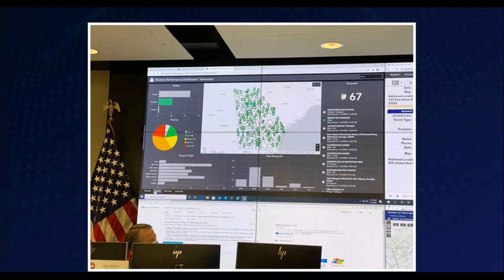So the state of Georgia utilized field GIS apps such as Survey 123 and Workforce to enable poll workers across the state to update the Secretary of State's office on wait times at the polling locations. Field apps were used to assign a small army of field technicians to troubleshoot and fix any issues with the voting equipment. And so both efforts were visualized through this dashboard in their operations center, which for the first time